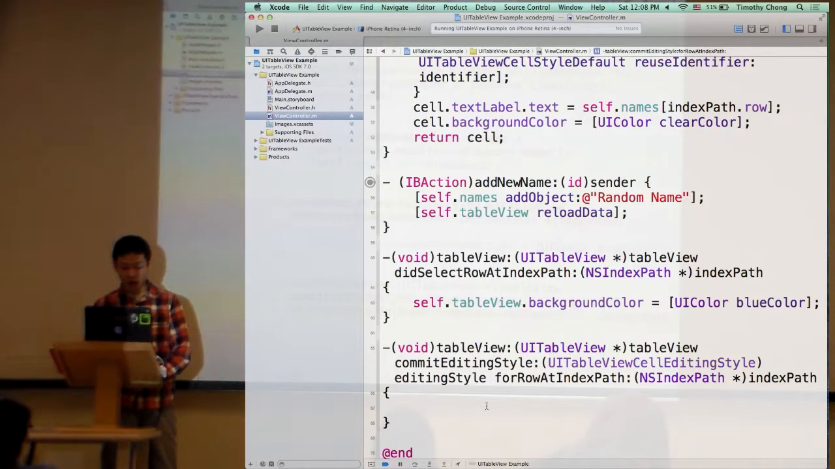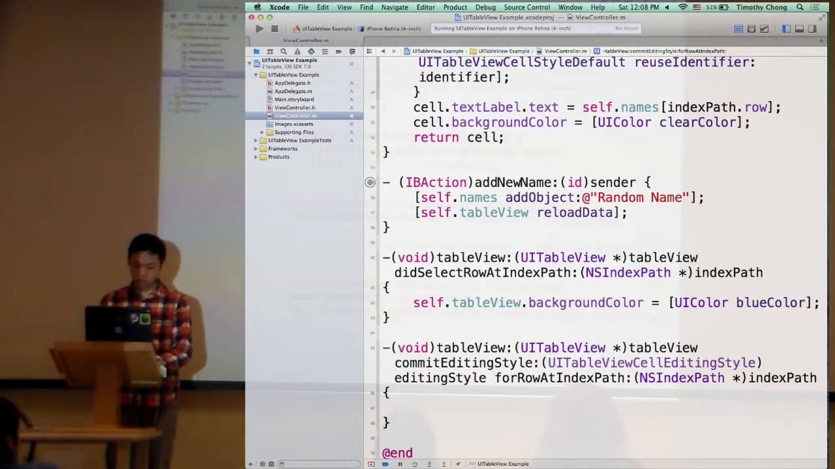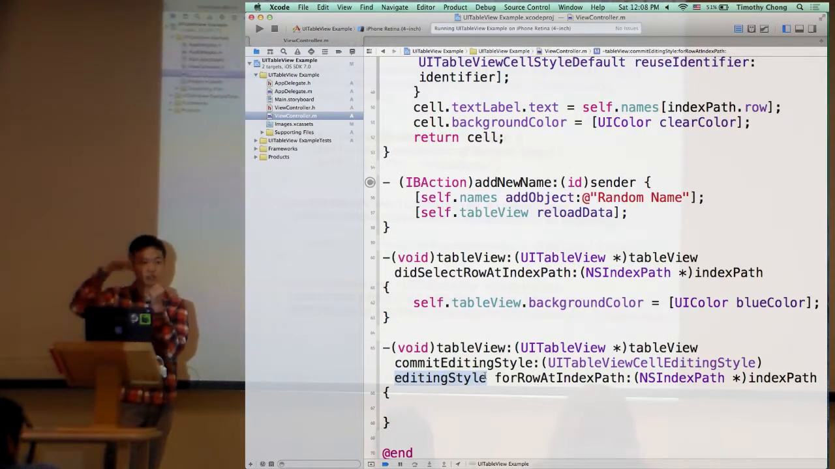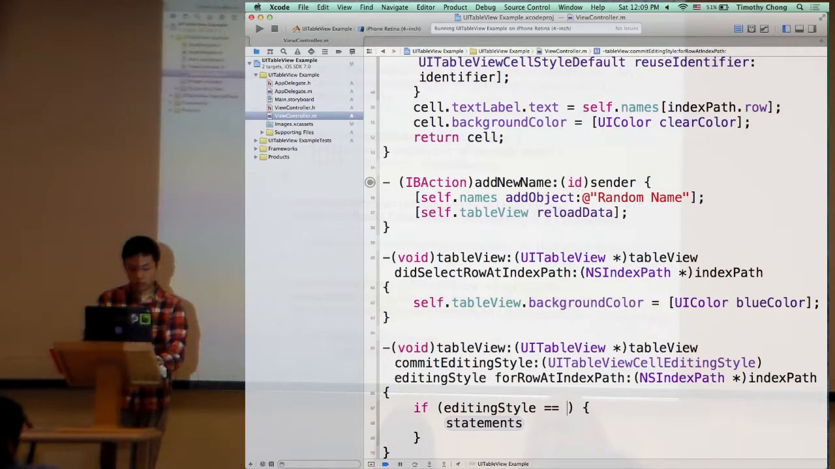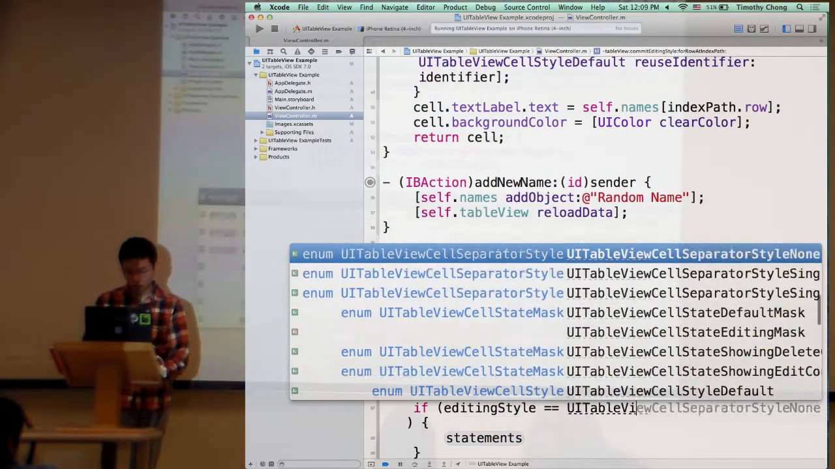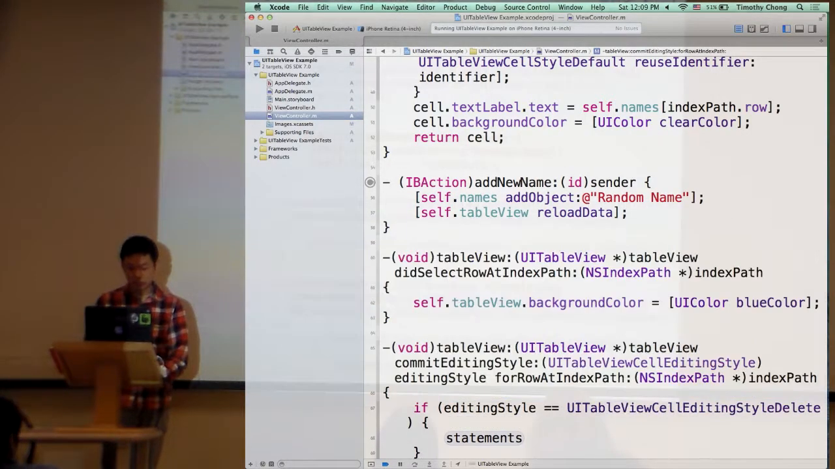So what you can do is, when it's being called, it's going to pass you this variable called editing style. There are different types of editing style. One type is deleting, and you can also move things around. I think those are the only two main ones. So you would say if editing style is equal to UITableViewCellEditingStyleDelete. You need to check if the editing style is delete. If it's delete, you need to delete